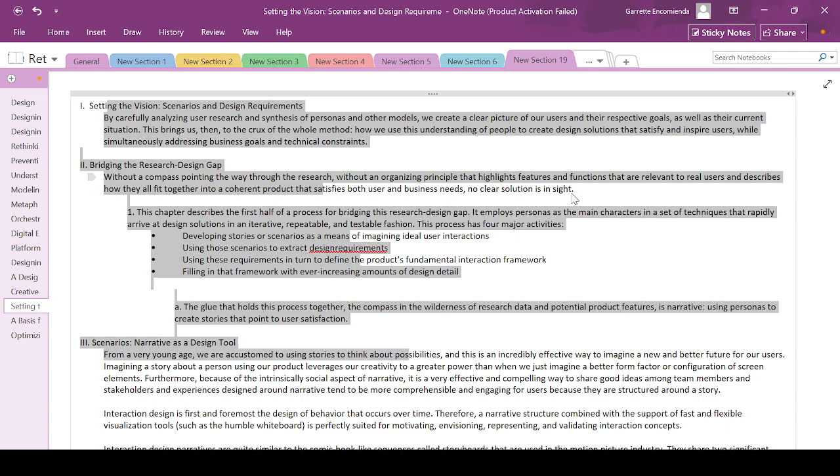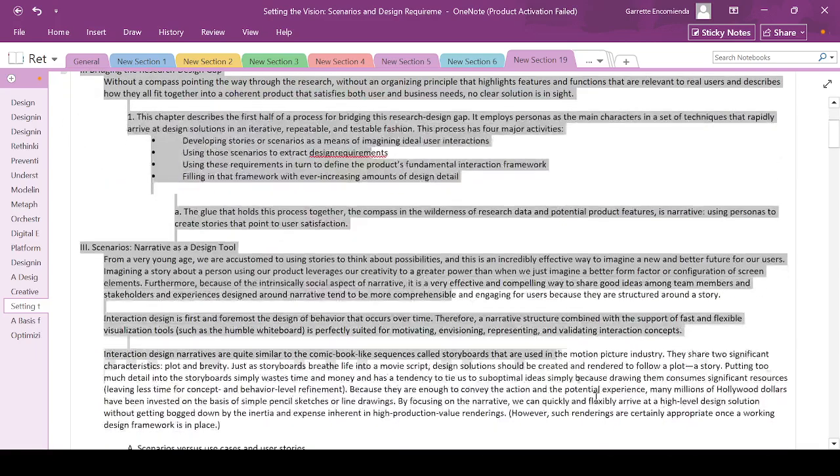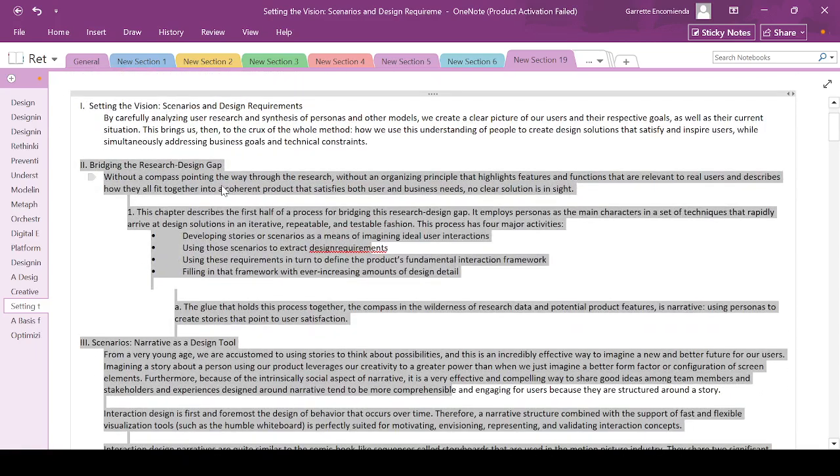So, based on our persona, since we have created that in the previous videos, how can we actually synthesize and create a more detailed approach for us to connect that to business goals and technical constraints, as well as clarifying the customer's actual goals, bridging the research design gap without a compass pointing the way through the research,